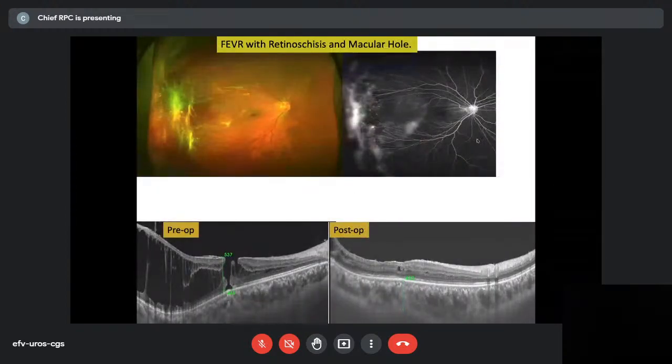So this is another lesion where I feel multimodal imaging has great value, especially OCT, which tells you exactly the status of the macula. This is a case where the retina appears a little dragged, and the periphery has a fibrovascular growth which is leaking on wide field imaging. And actually, when we did the OCT, we found to our surprise there's a hole and there was schisis. So the retina, when it got pulled, actually split.